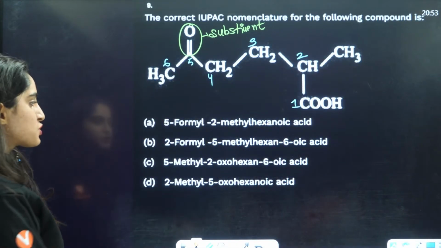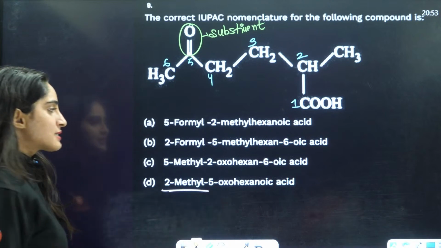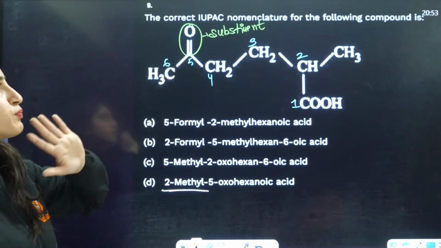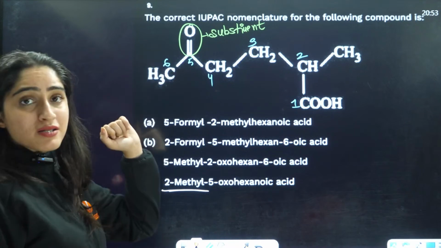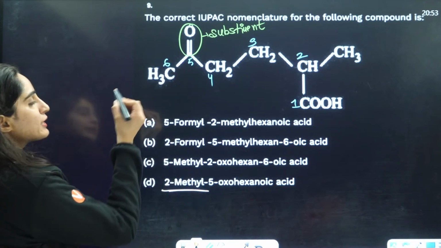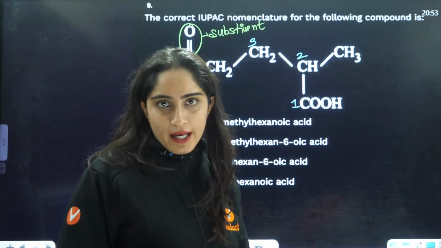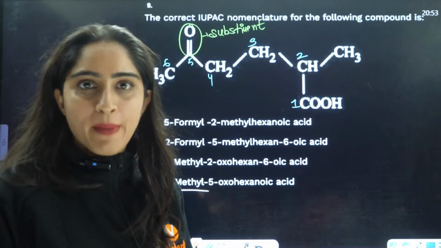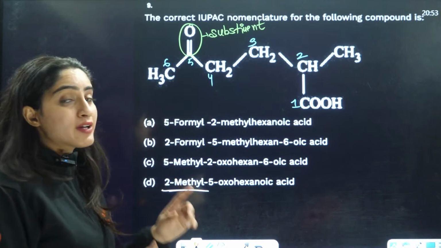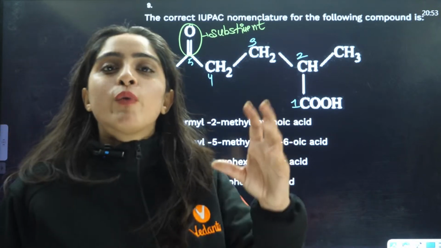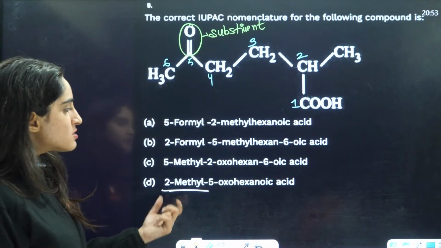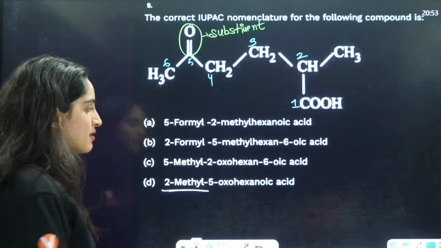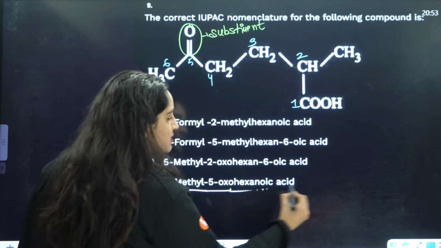On the second position, methyl is only present here, right? Then on the fifth position, what you have is oxo. Whenever a ketone is included here, it will always be included in the parent chain. Whenever it acts as a substituent, we name it either keto or oxo. Keto is not even in the options, so the answer will be 5-oxo hexanoic acid,